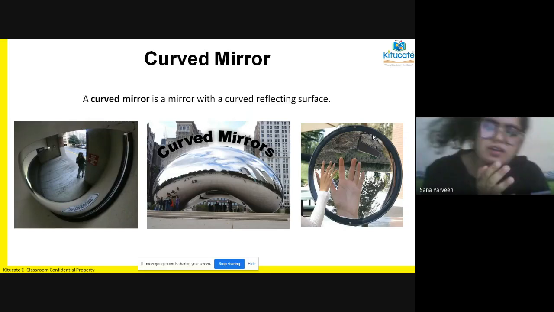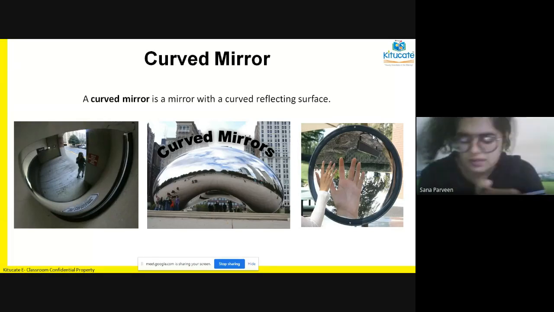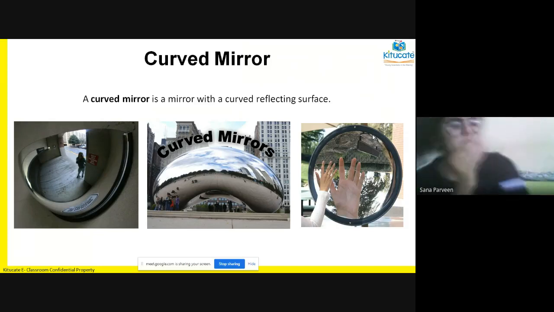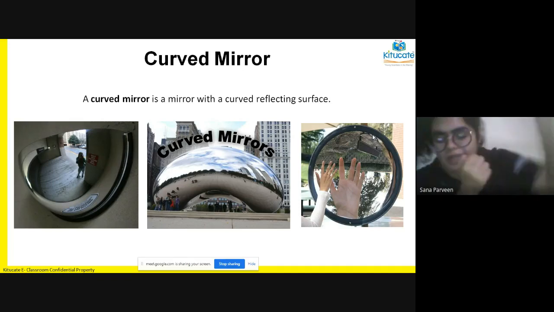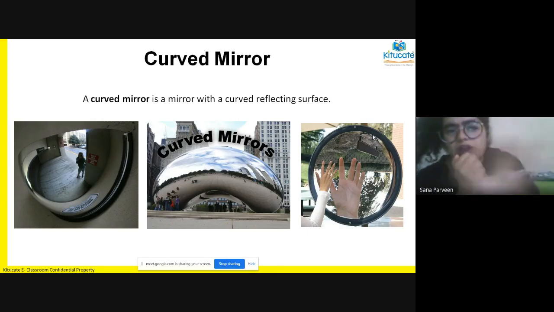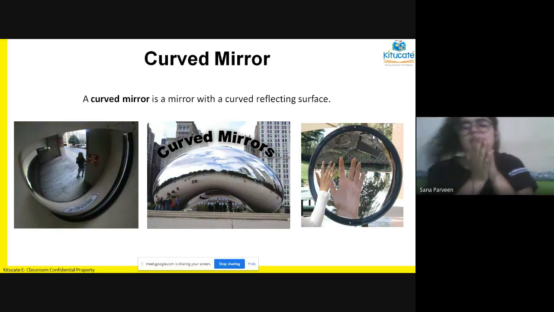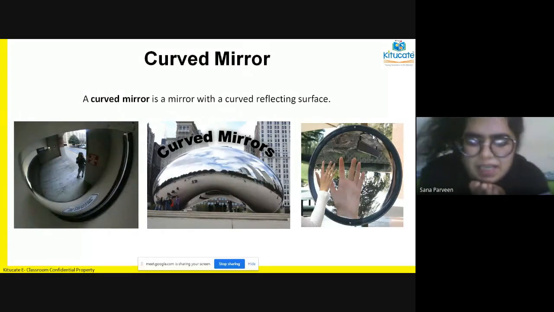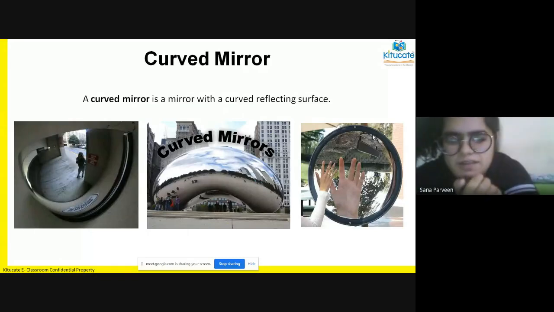Usually whenever we say mirror, what comes to your mind is a flat surface. That flat surface which we usually use in day-to-day life to see ourselves is very plain. That mirror is called a plain mirror or flat mirror. Today in the class we are not going to talk much about the plain mirror, but about the curved mirror.